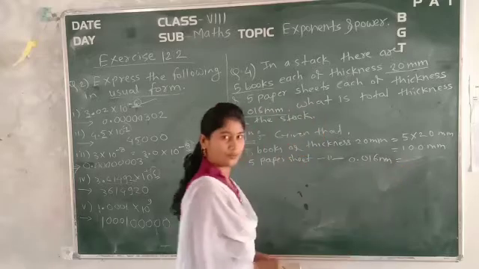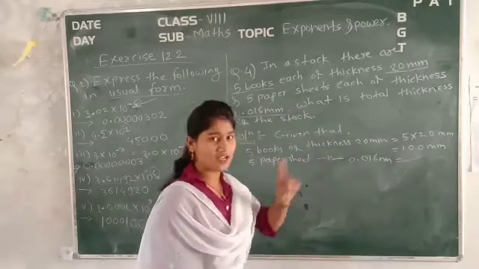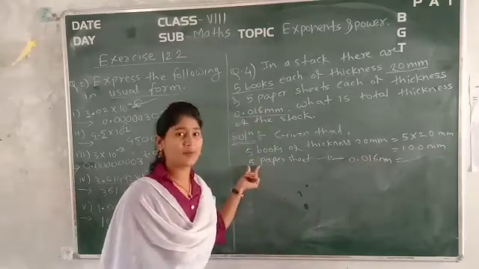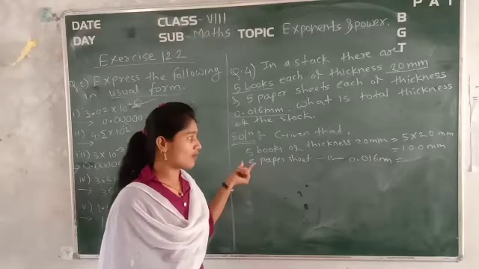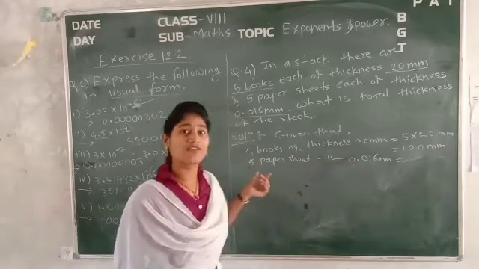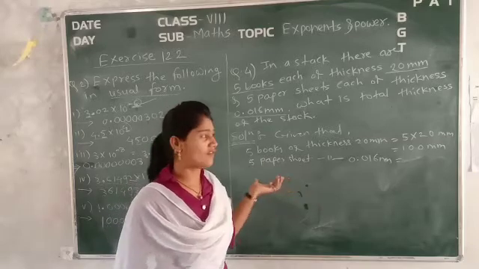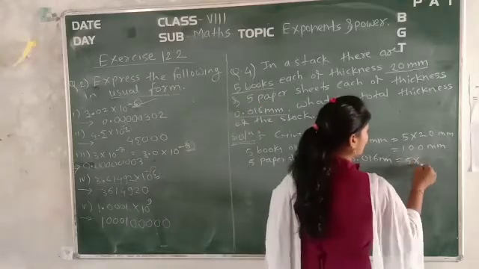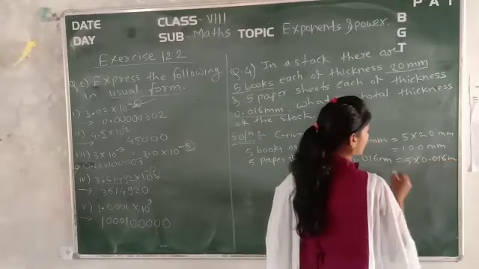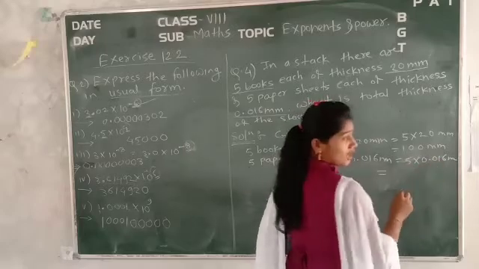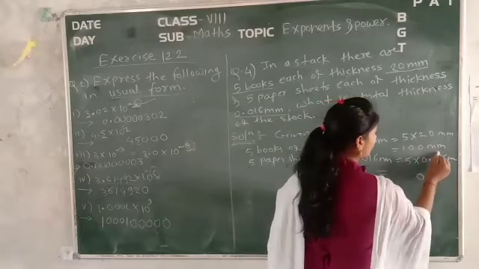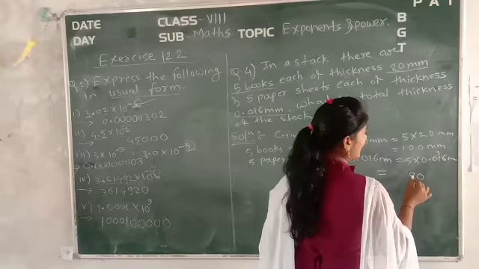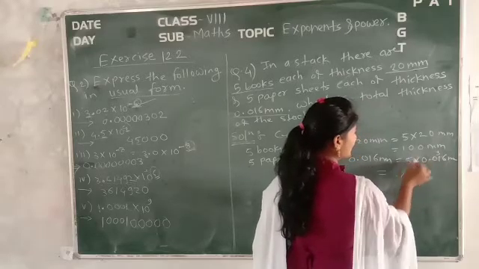Which is equal to. Now just multiply this. For one paper, it has a thickness of 0.016. So such 5 paper sheets we have. Okay, so that's why we have to multiply this one thickness by 5 paper sheets. That is, it will again become 5 into 0.016 millimeter. Correct? So if we calculate this, 5 sixes are how much? 30. Write down 0 and carry 3. Again 5 ones are 5 plus 3, it will be 8. 5 zeros are 0, the point will be as it is, 5 zeros are 0.